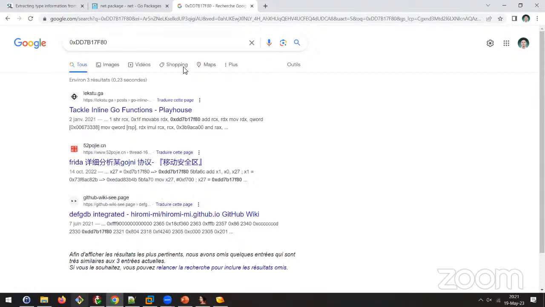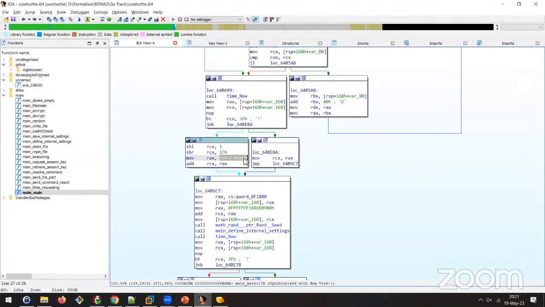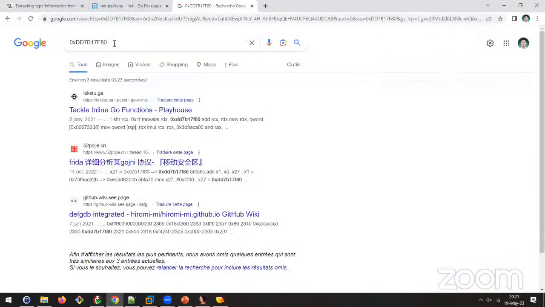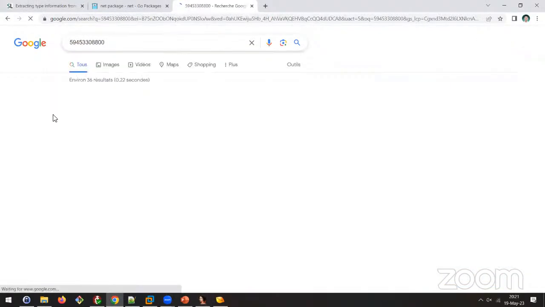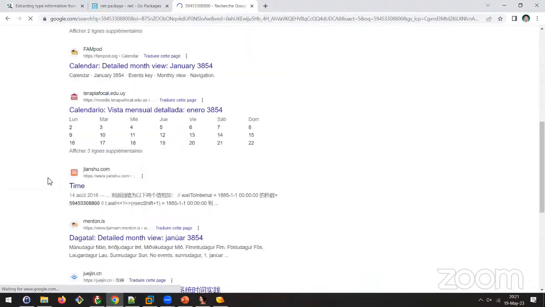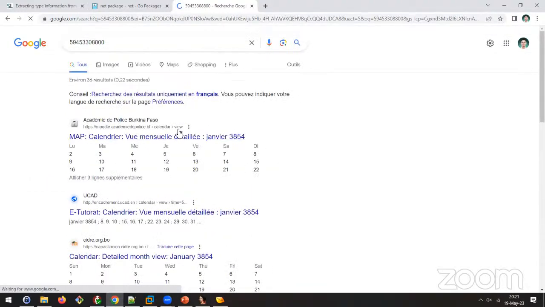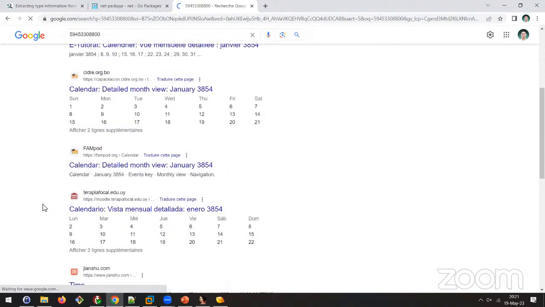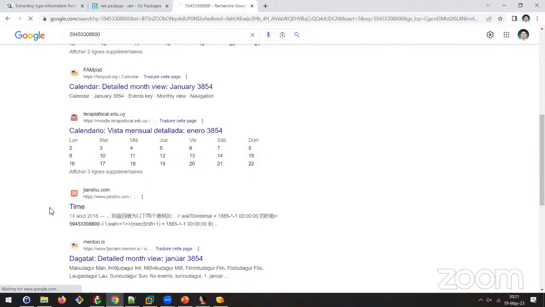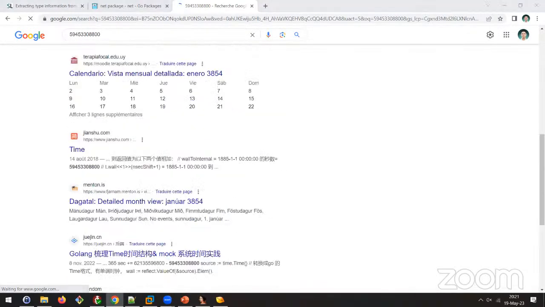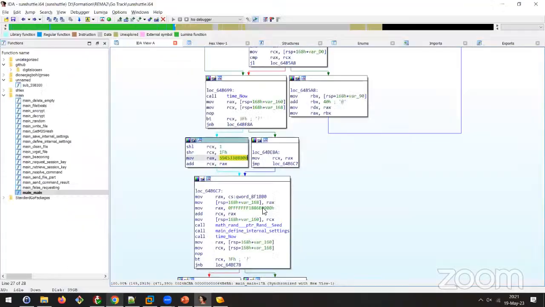So here we do have a bit of code that is dumped from whoever knows where. Let's try in decimal form. Okay, so I apologize for the results in French, but overall, what we see here is pages related to calendars. So we can infer that this is related to whatever conversion is taking place. So let's ignore that, because we don't really need to worry about that. If we just move to the next